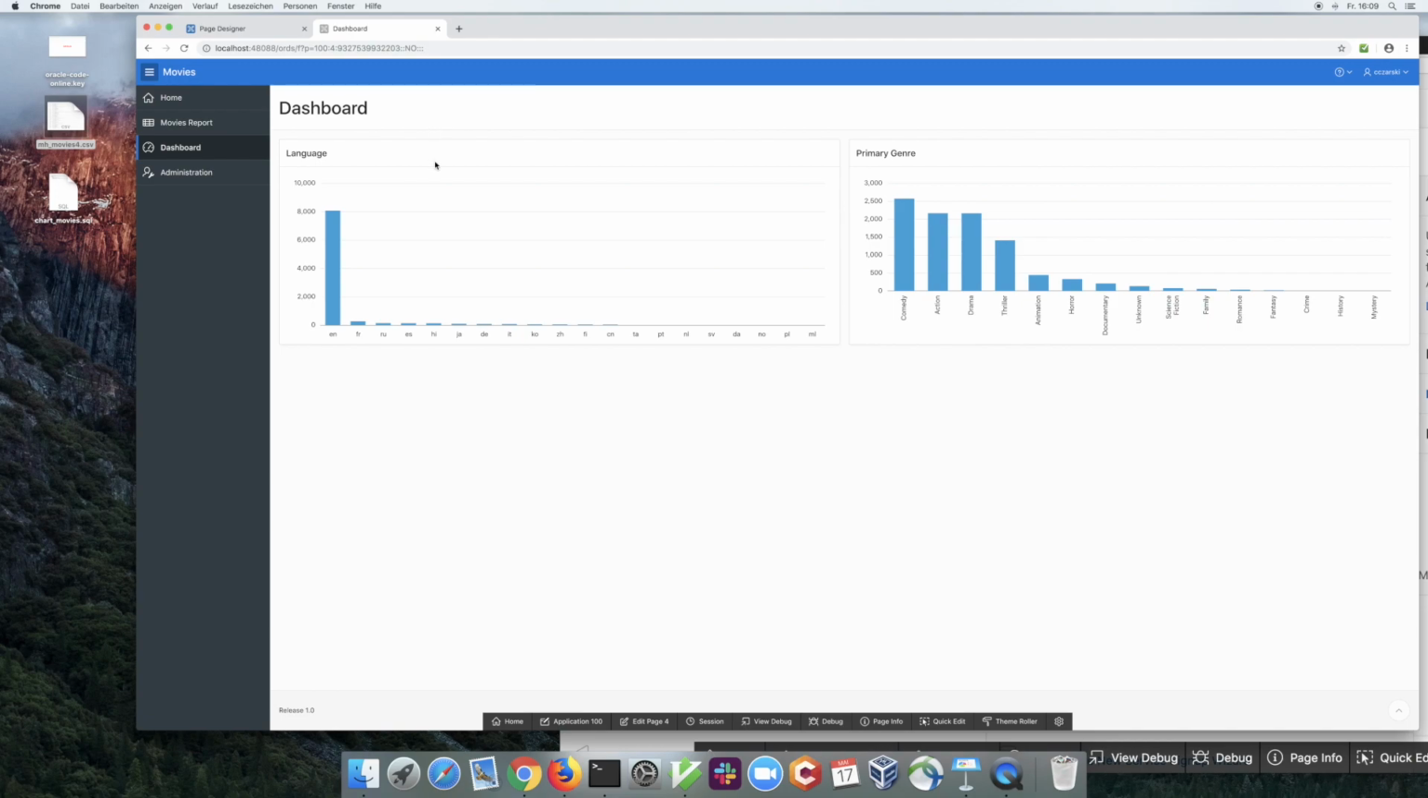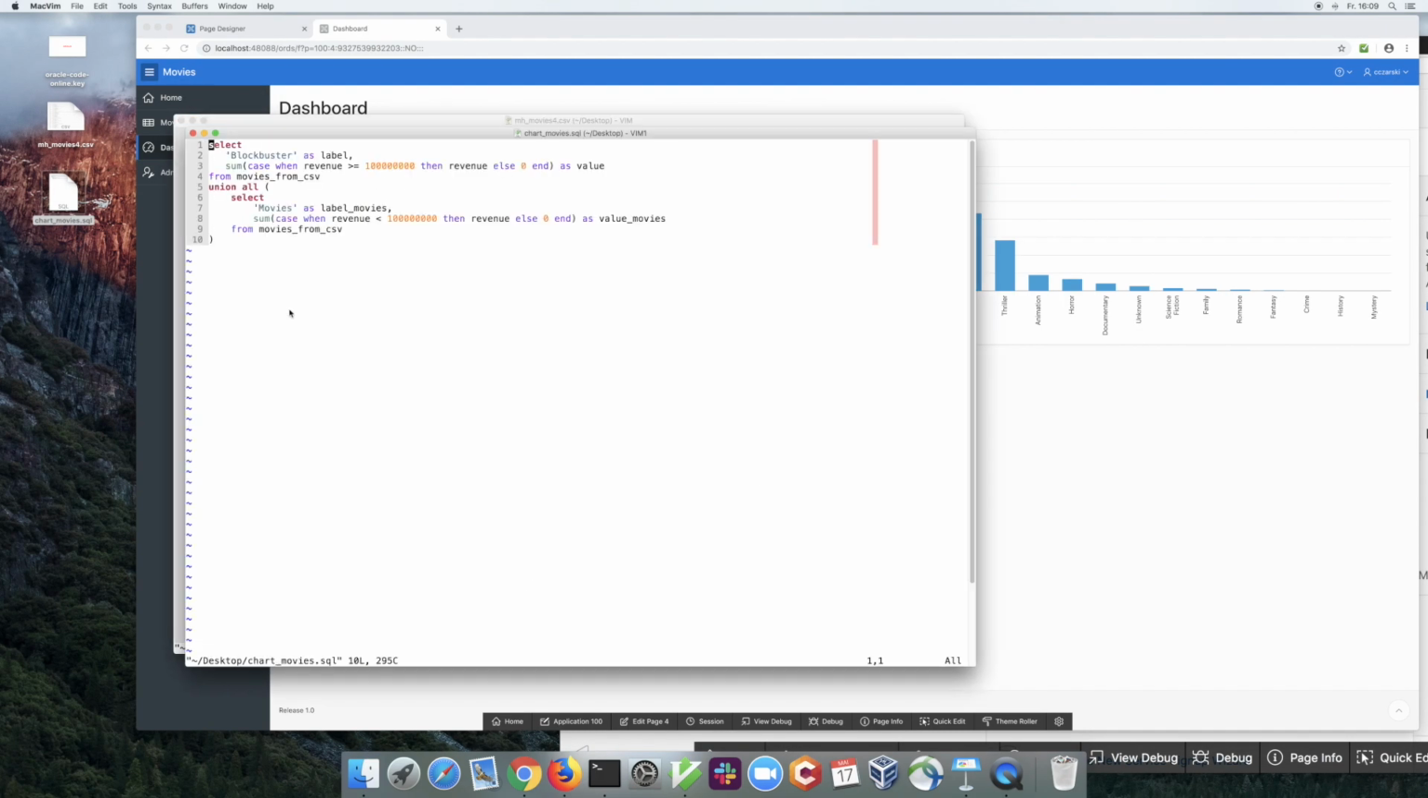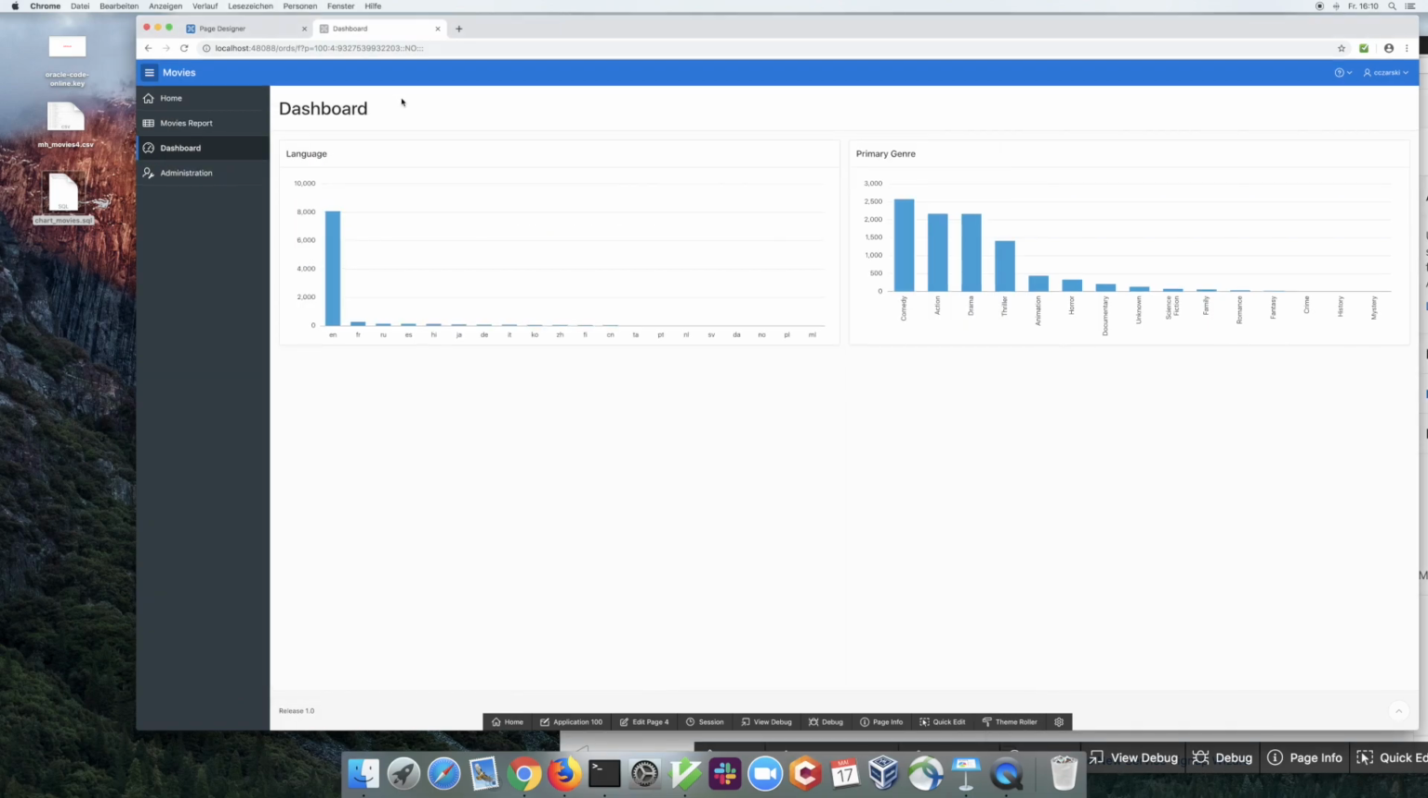And I mentioned in the beginning, it's all about the question, can I solve my problem with SQL? And the SQL query to determine the share of blockbusters versus the share of non-blockbusters would be something like this. So this is 100 million. So we said we want to work with 500 million. So let's change that. And once I have worked out that SQL query, we can start adding Apex components,